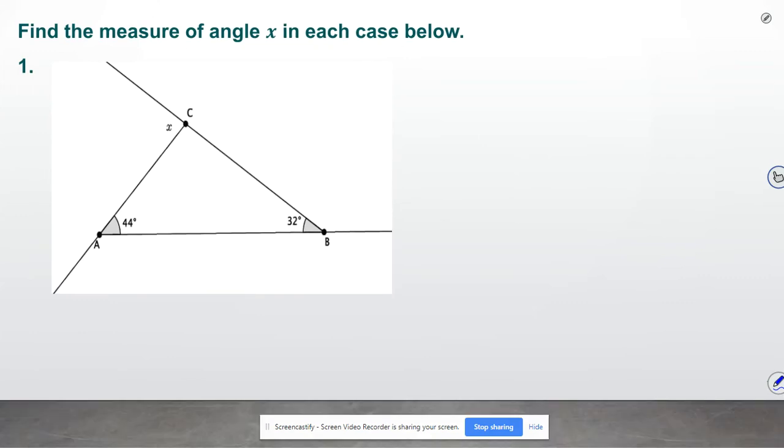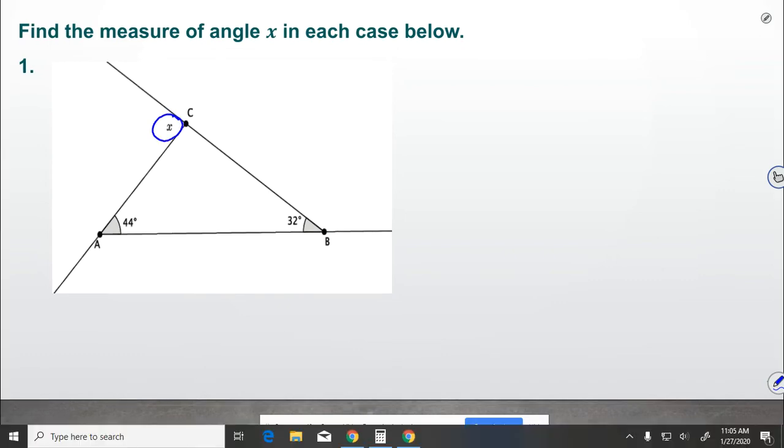So if we have an exterior angle, that's the angle that's outside of a triangle that's given. So this x right here is called an exterior angle. Since we don't just have the triangle, we have these lines extended, we get some angles outside the triangle as well. All right, so again, we're going to use that idea that all the angles in a triangle should add